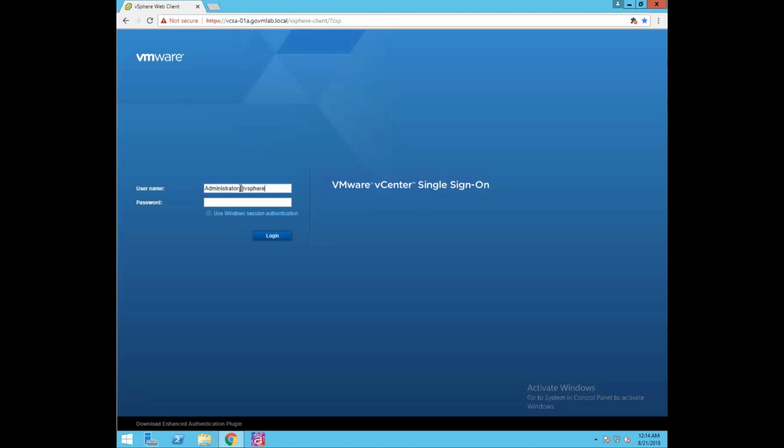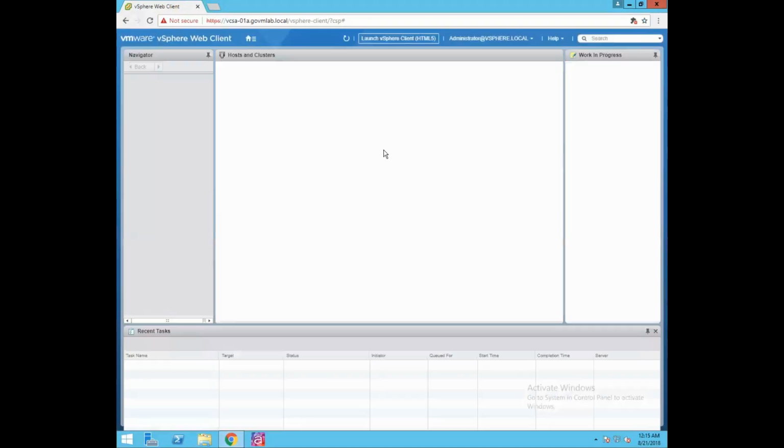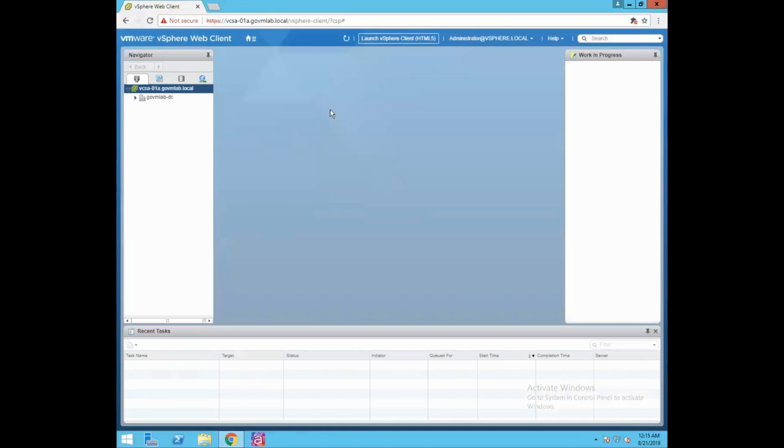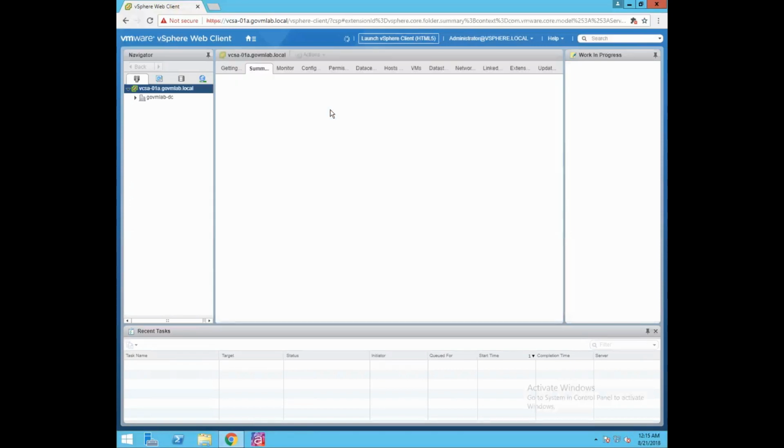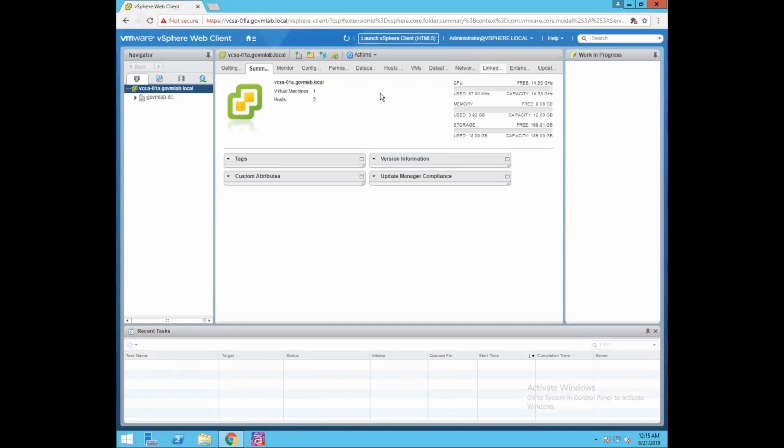In my case, it is administrator@vsphere.local. Provide the SSO password. Click on login. Now we are successfully logged in to our vCenter Server appliance.